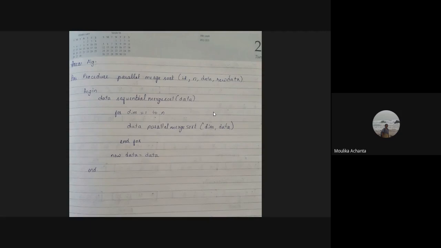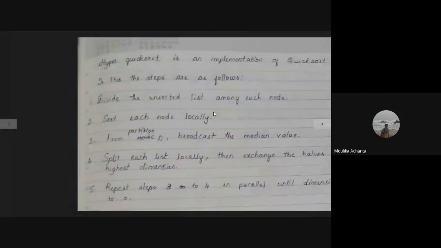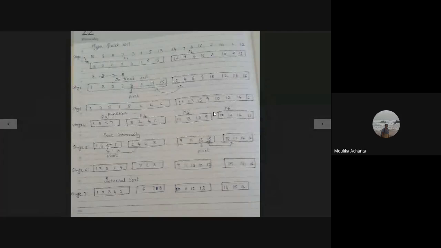Next one is hyper quick sort. It is similar to quick sort in data structures. Initially, the list is divided into two equal sublists. In stage one, the list is divided into two sublists, P1 and P2.